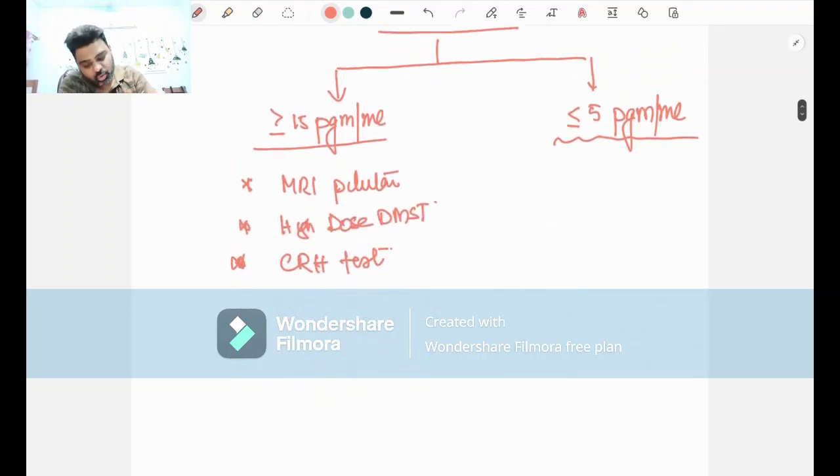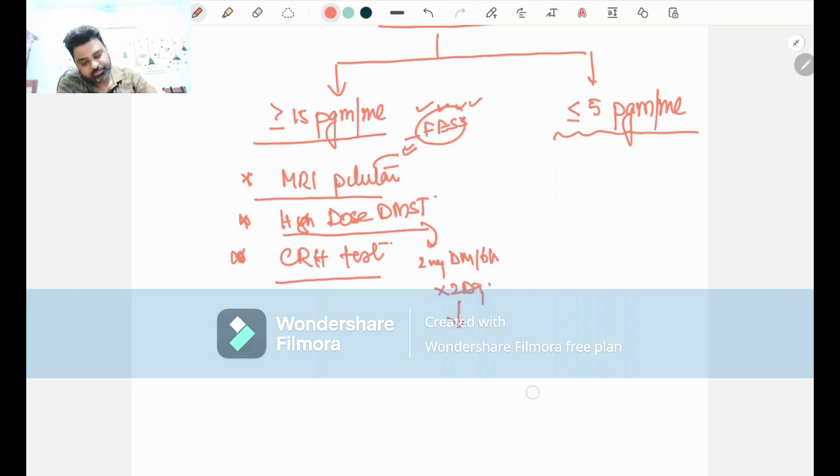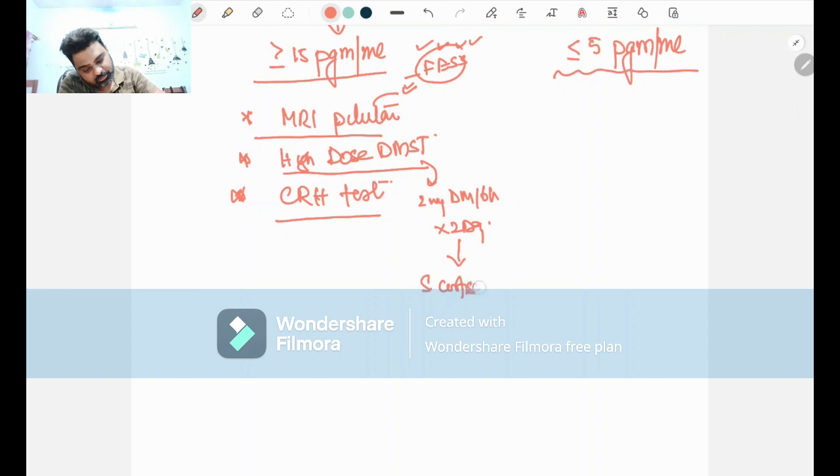So what we will do, we will do MRI of the pituitary, and if MRI comes positive, that is, pituitary adenoma is diagnosed, then we'll go for the FES surgery, that is functional endoscopic sinus surgery, and that we do through the transesophageal route. Then we'll do the high dose dexamethasone test and CRH test. How do we do the high dose dexamethasone test? We give 2 mg of dexamethasone 6 hourly for 2 days, and then we measure the serum cortisol. How do we do CRH? We give 100 microgram of CRH and then we measure